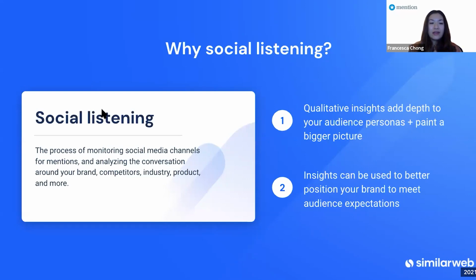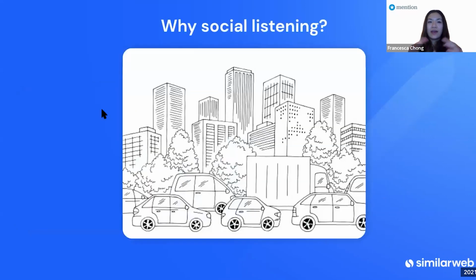On the next slide, I want to show you an analogy that I like to use when we're talking about social listening. We like to think of the quantitative data and trends as almost the baseline sketch. It shows you a snapshot of how the situation is at any given moment in time. So for example, in this rough sketch, we can see there are 7 types of different vehicles, around 10 skyscrapers of various sizes, and 6 trees. We know generally what's going on, but it's a very static snapshot of the situation.